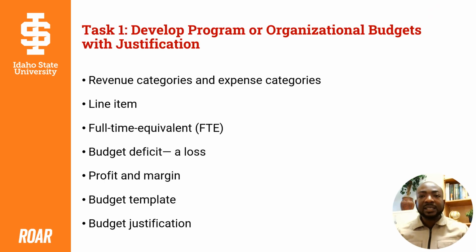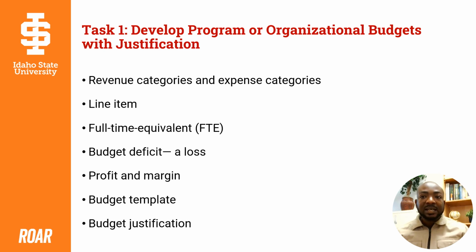So public health managers should be competent in developing organizational and program budgets. And budgets require detailed information on all revenues and expenses by category. And each category usually has its own separate line in the budget, which is referred to as a line item. And examples of revenue categories include money generated by charging fees to provide services, grants and contracting and funding, sales,